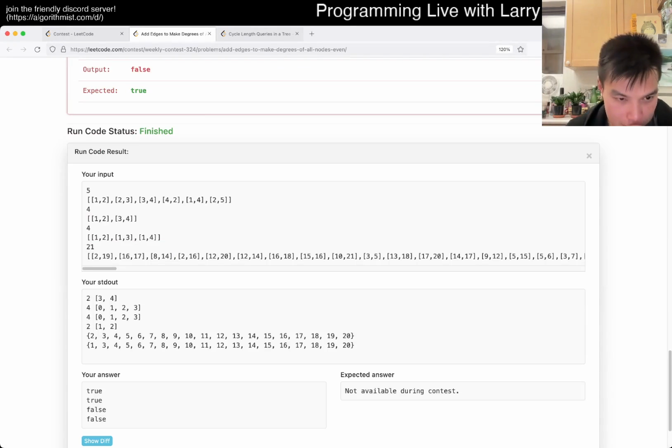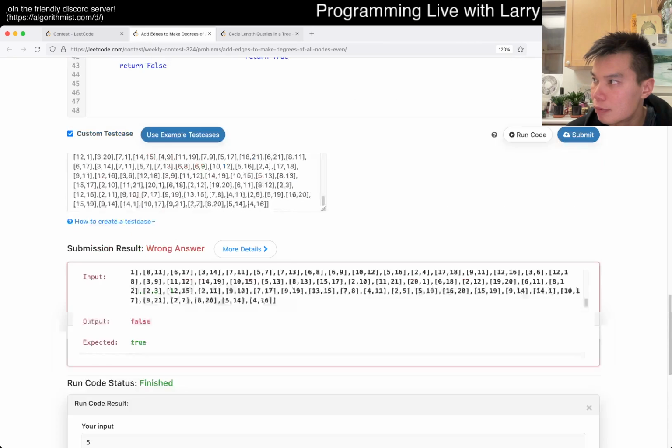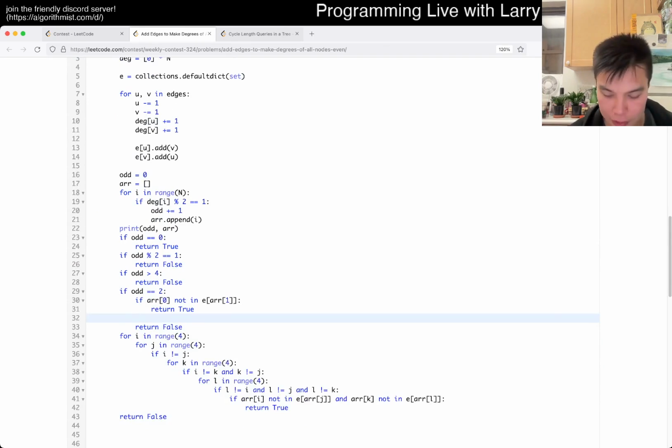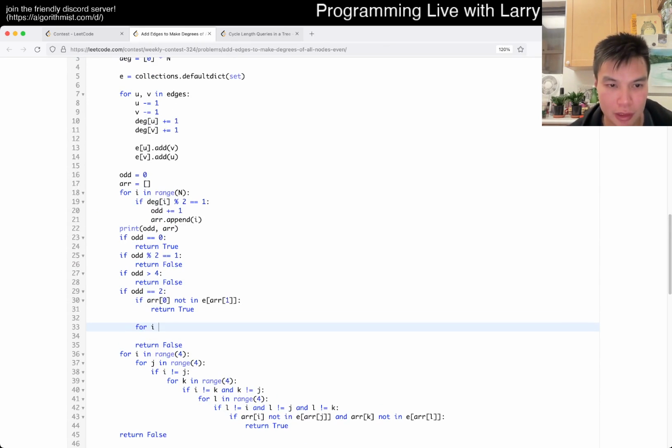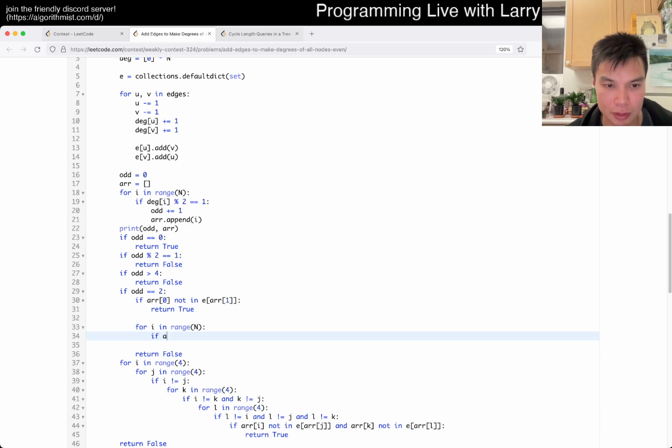Wow, that is a good case. But basically, we want, oh no, it's just 1 number, not 2 numbers. I messed it up in my head. And, okay, if I do and I do and I not in